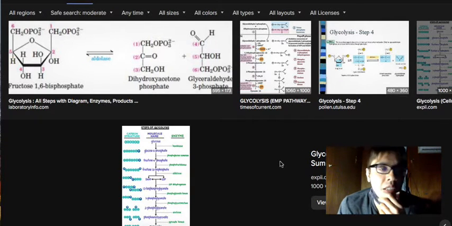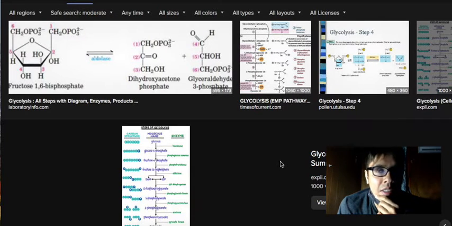It is Friday, March 11th, 2022, and I am excited to finally move forward within this glycolysis process. I feel like I've been going back and forth between step 1, step 2, and step 3 for quite a bit, and it's only because I've been really solidifying my knowledge about how glycolysis works and trying to get familiar with all of the inhibition and activation actors in glycolysis and the various enzymes that are involved, because inhibition and